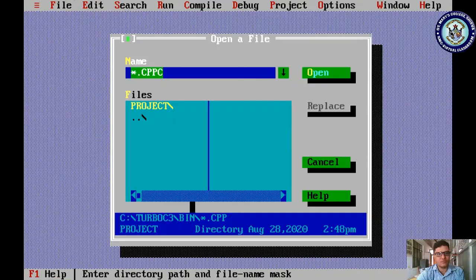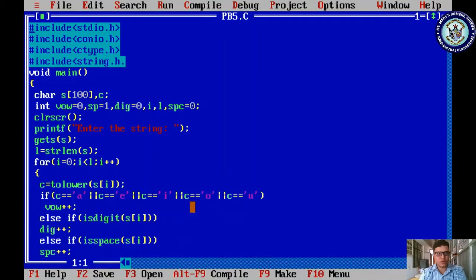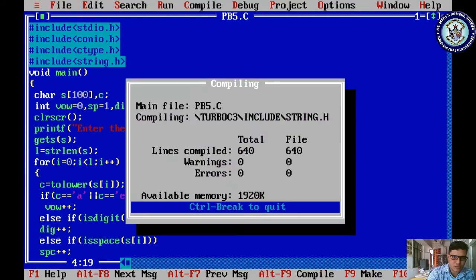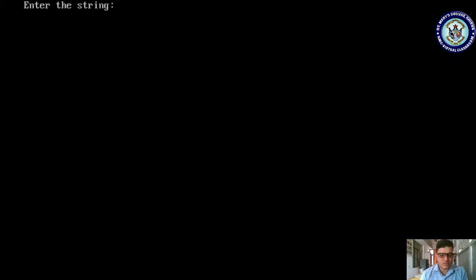What is the name of the file? pb5.c. So this is our program. Oh, here a program mistake is there. Yes, save it. Let me compile. Is there any error? No error. Let me run it. It is asking for input, okay, I'm typing save.